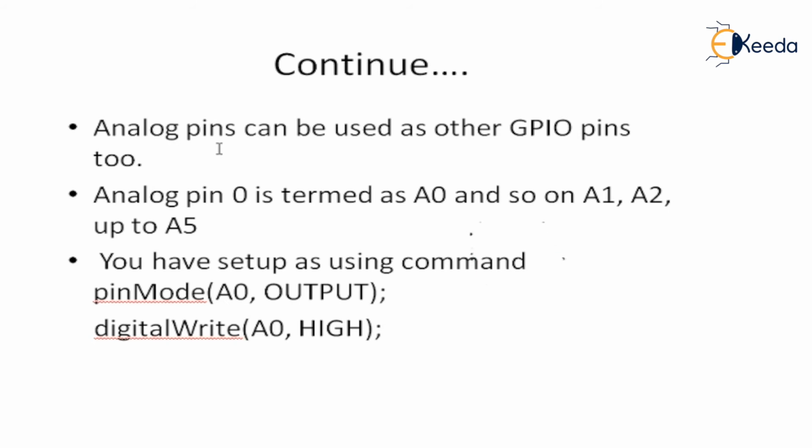Analog pin 2, you have to write there as A2, and up to A5 for the other pins of this analog section. You have to set up using the command, then you can make use of the setup. You can declare the pin as input or output by using the same pinMode command in the IDE itself. Write in the setup loop as pinMode(A0, OUTPUT);